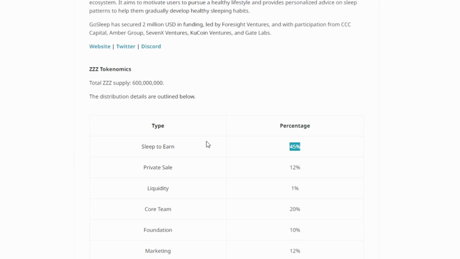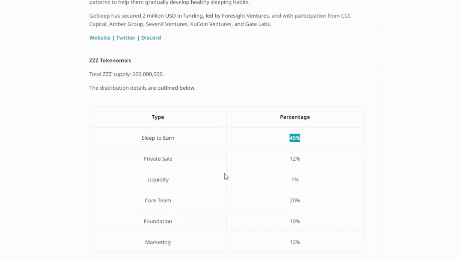So I'm trying to figure out whether it's a similar sort of concept, except instead of working out, to earn, you've got to sleep. That would be trippy, eh? That would be so cool. But yeah, I'll look into that a bit more. So far, I'm just here for the profits. I'm here for the money in the corner of the room. So let's focus on that one thing. I'll fill you in on the details later on.